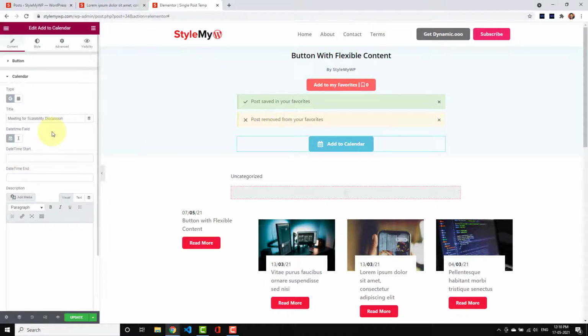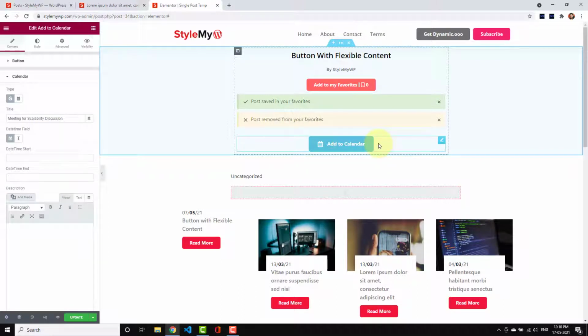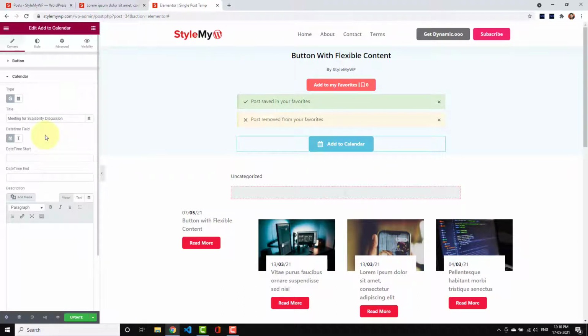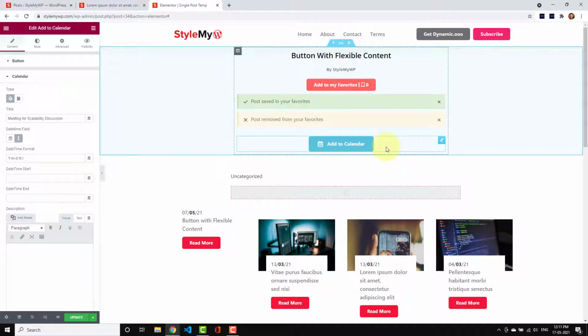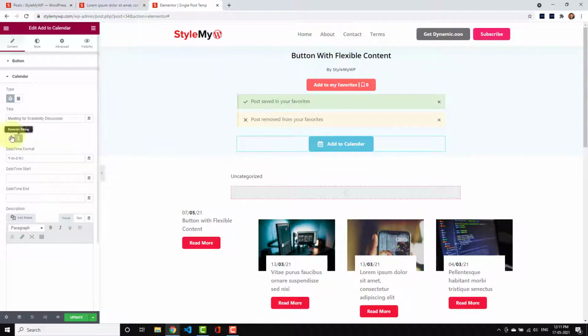And if you have this widget on the template of your post type, then you can use dynamic values, because all your posts will have different values. So I will show you both of these.